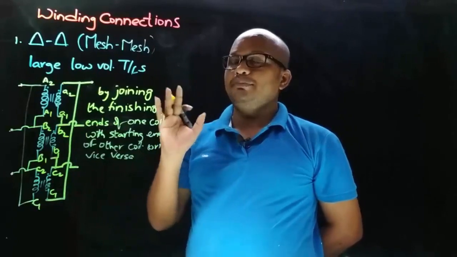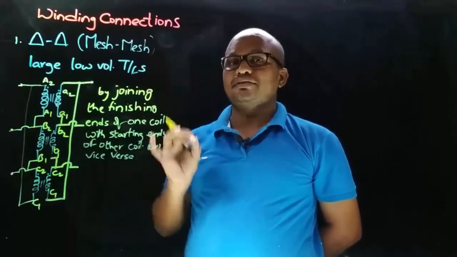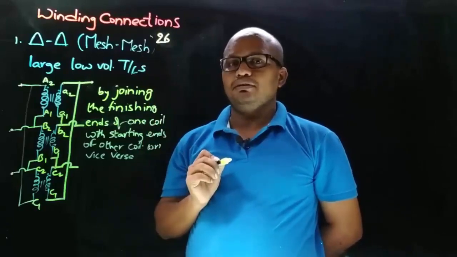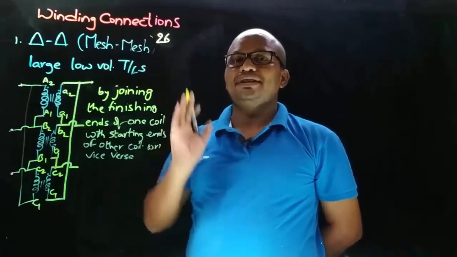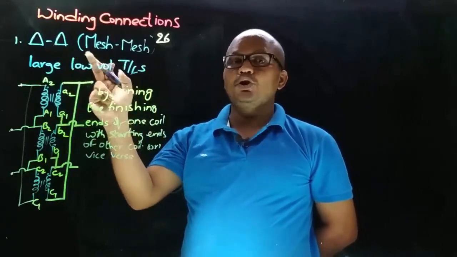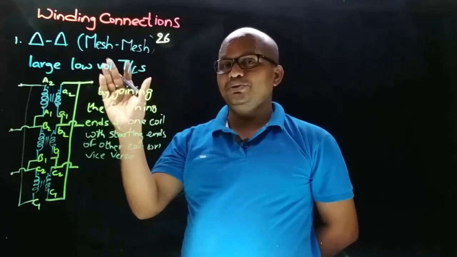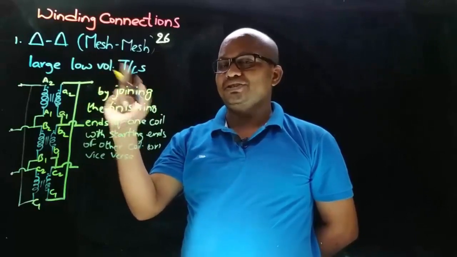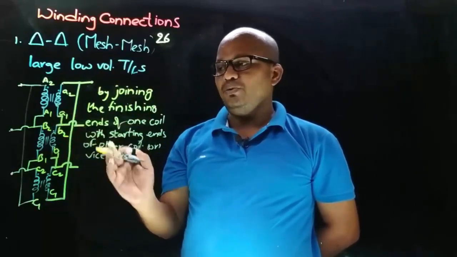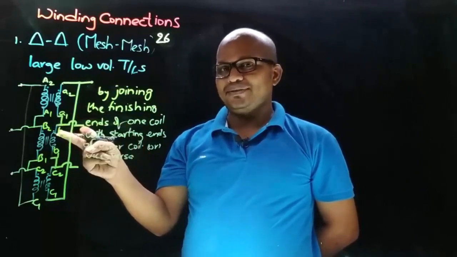And the point that you must keep in mind is that according to international standards there are 26 connections possible in 3-phase transformers, and coming to delta-delta connections there are 6 possible connections, and of that we are going to see 2 main connections, and one of that main connection is this. And now let's draw the phasor diagram for this.